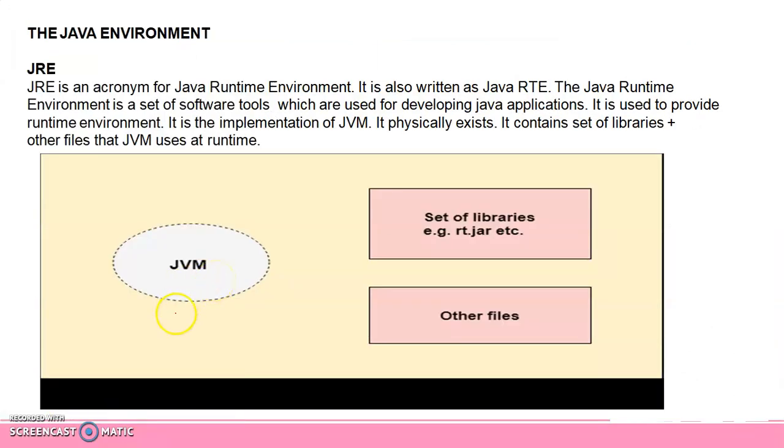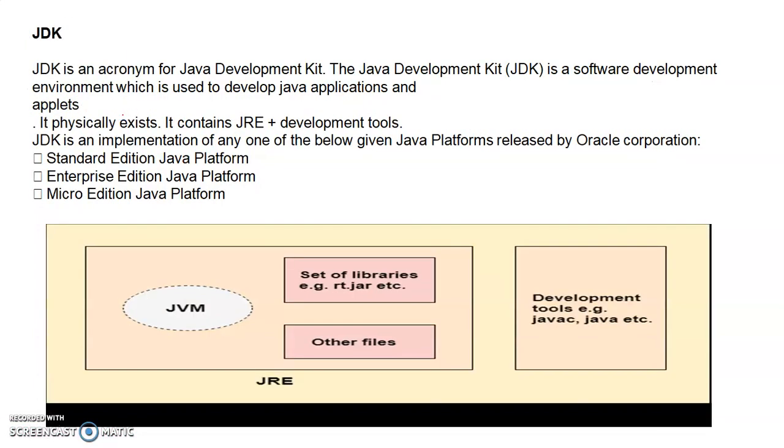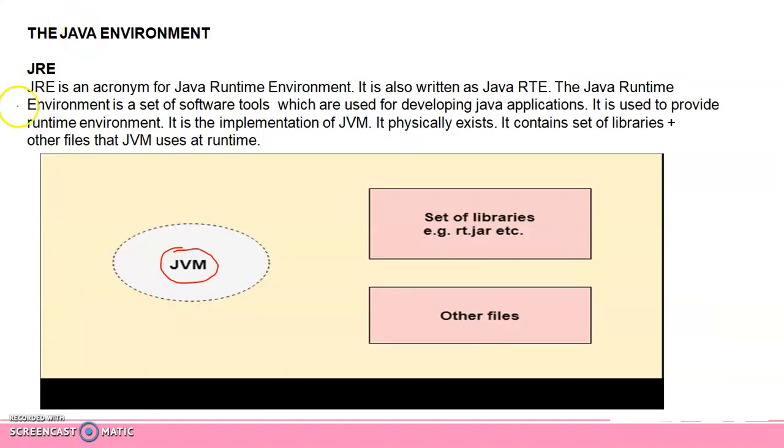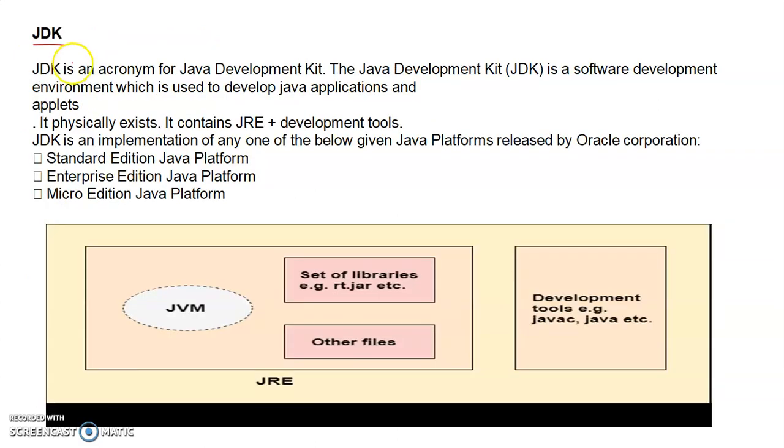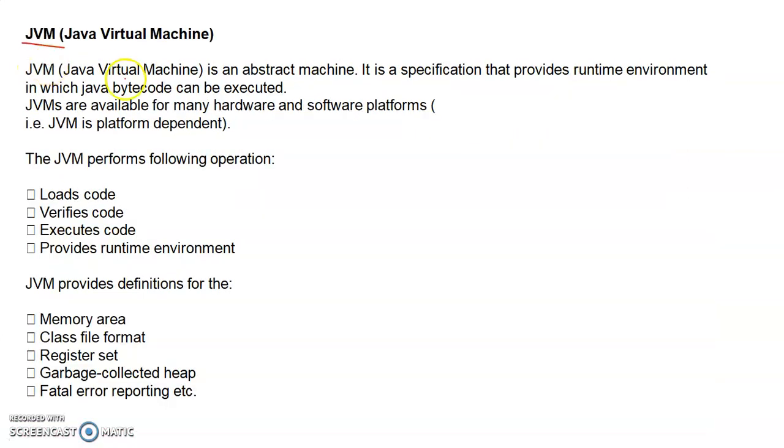Next, Java environment. The Java environment has JVM, Java Virtual Machine. In the Java Virtual Machine, there is a set of libraries, for example rt.jar. Jar means what? Java archive. So that is the meaning of jar. The environment of Java is JRE, JDK, and JVM. These are the environments in which we are going to run Java programs. Environment is nothing but a working space. In our Java working space, we can work with Java in JDK, JRE, and JVM, right?